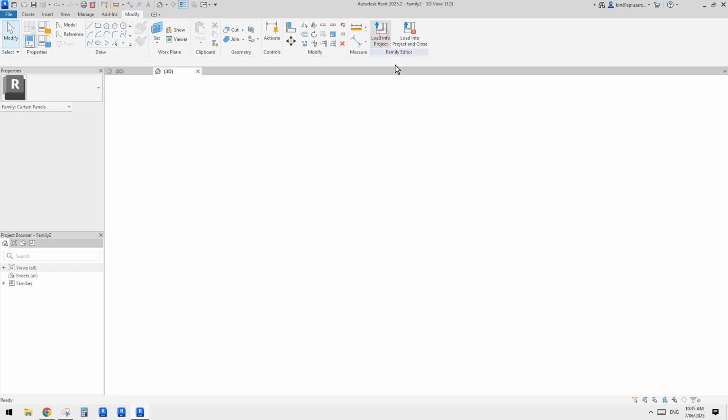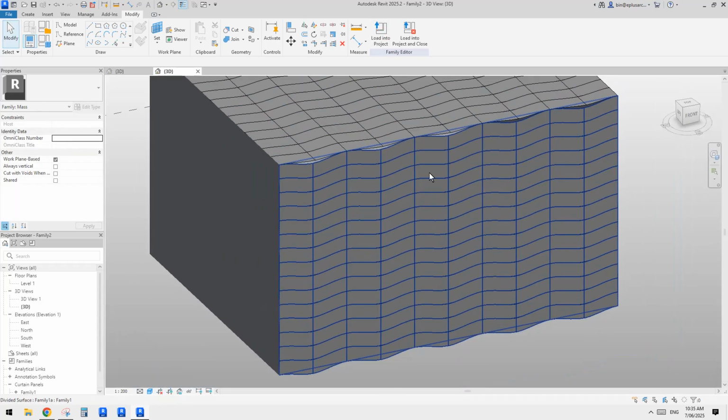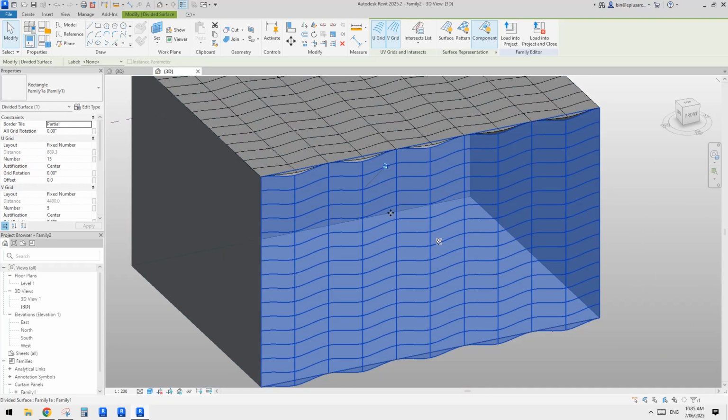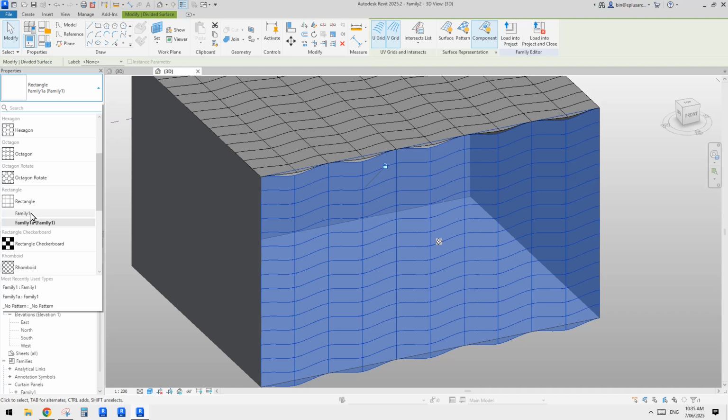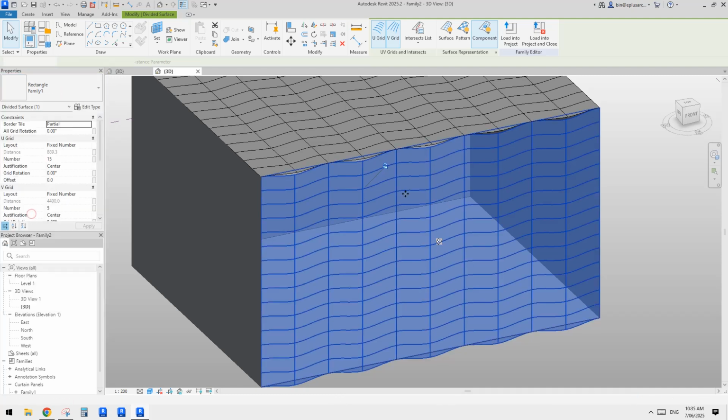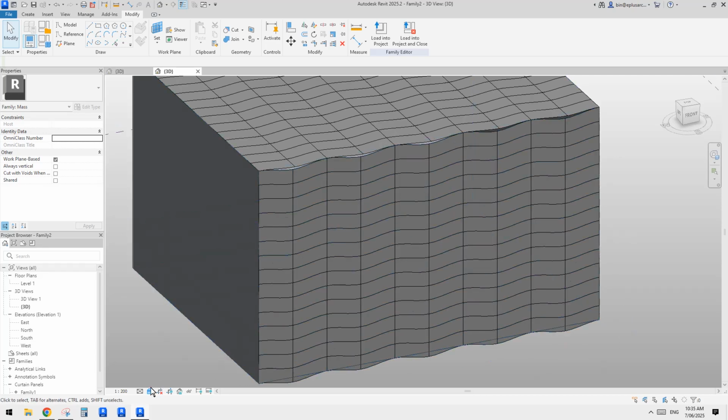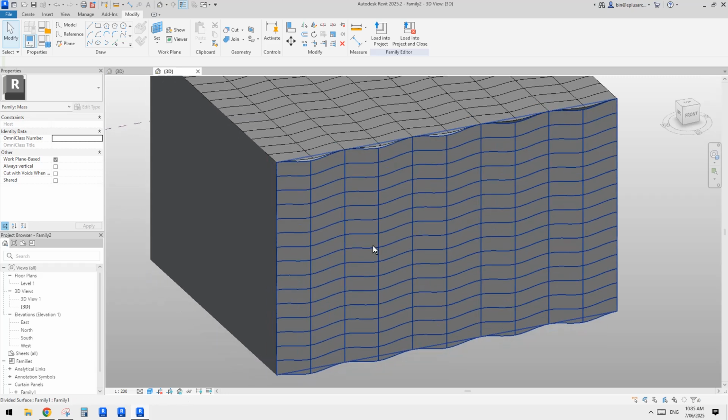Now let's load this one into this conceptual mass, and because I have changed the name, it won't overwrite the previous one. So now we can go back and find the other one, which is still the same name, and that's it. I think it's not showing color because, okay, I believe there's the default material in this conceptual mass already, and when we change